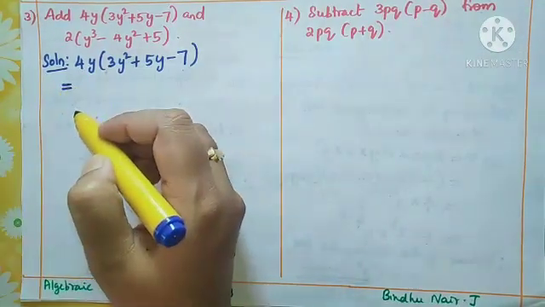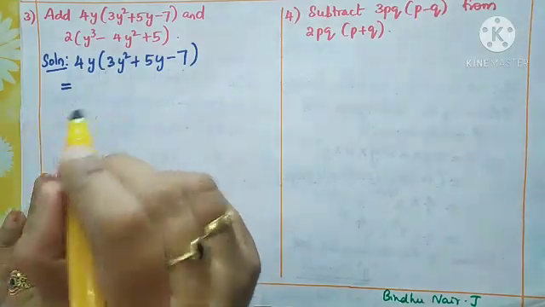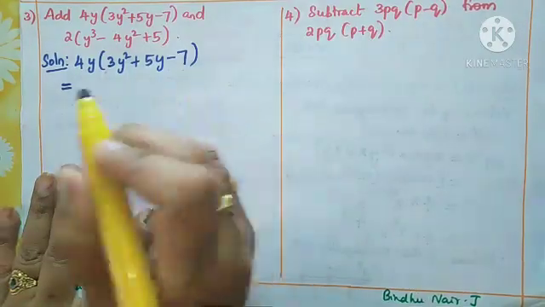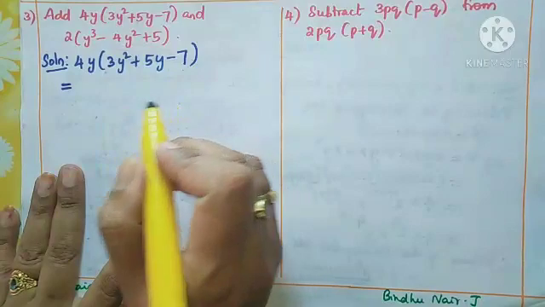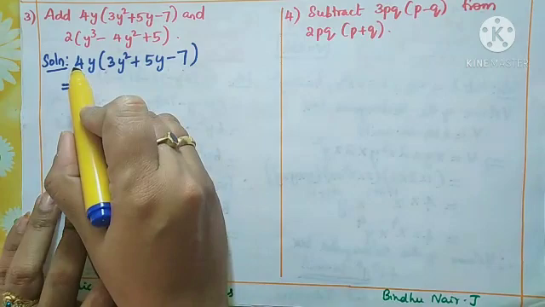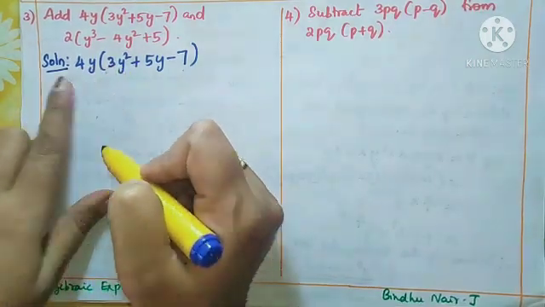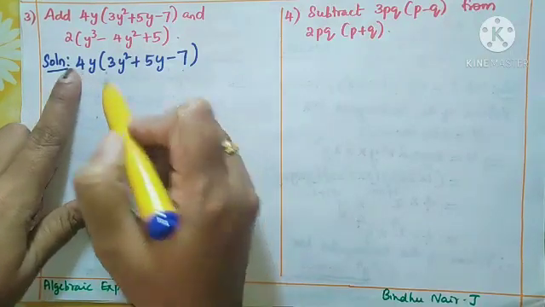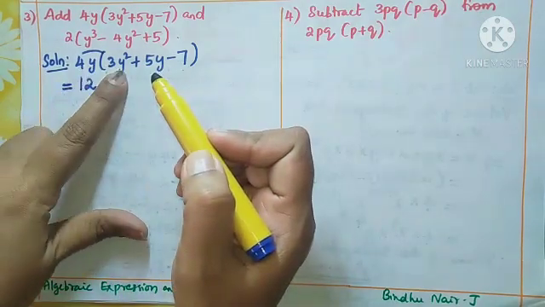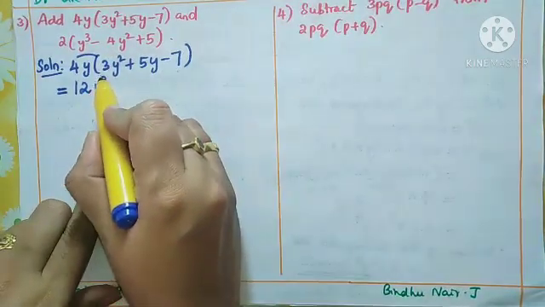Whenever you are multiplying, as I told you, you want to be very careful with the plus and minus sign. Also the powers of the variables. When you add the powers, you want to be very careful. Don't make simple silly mistakes. Okay. So first we are going to multiply 4y and 3y square. Collect the constants first. 4 into 3, that is 12. Then y into y square. Y power is 1, here 2. So 1 plus 2, 3. So it becomes y cube.